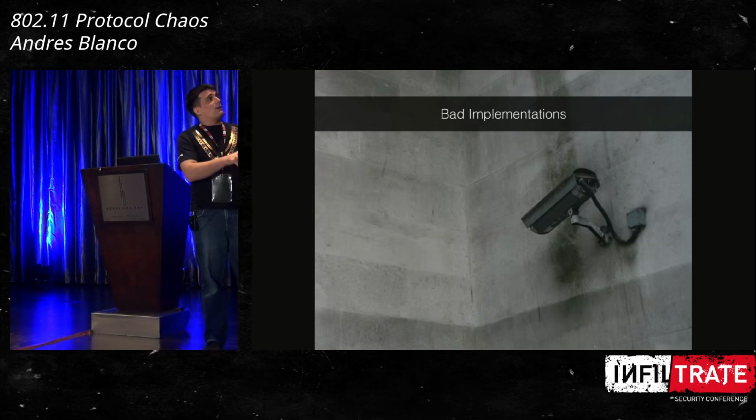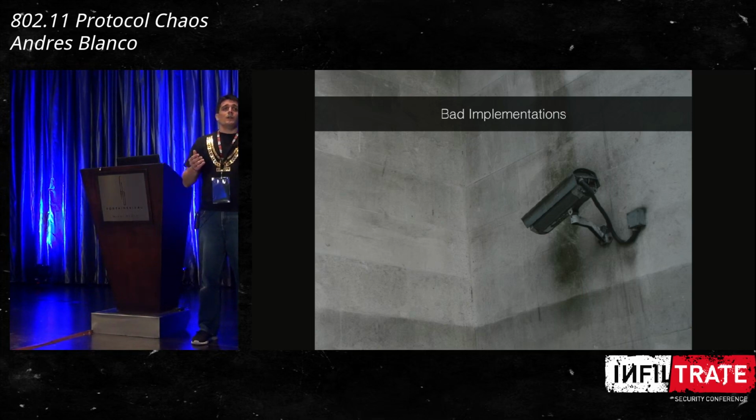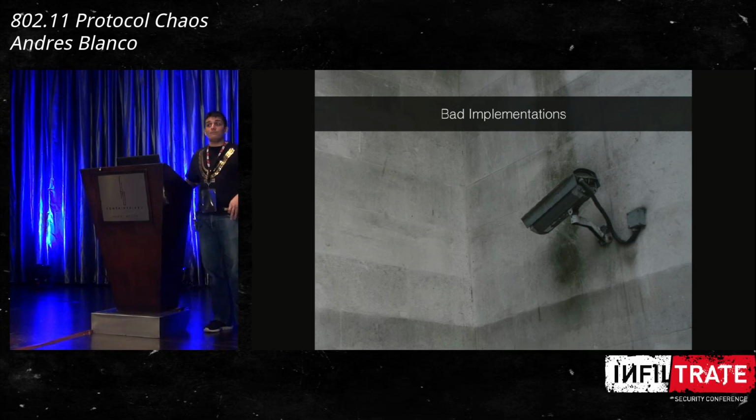And then we have bad implementations. As we saw, there are a lot of implementations around us: Wi-Fi Direct, WPS. There's also one called Hotspot 2.0, AirDrop, AirPlay. There are a lot of them. Some guys grab the specification, implement something as the specification says, and then start modifying things to work as they want. For example, Samsung TV applying whitelisting or blacklisting. And they sometimes make bad decisions.